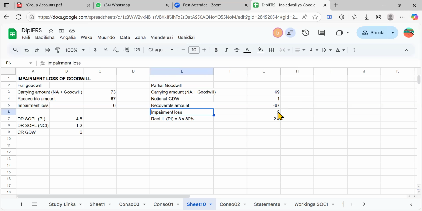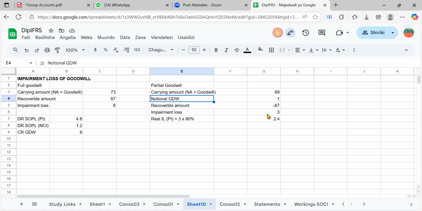But when solving, look at how we got our impairment loss. We had to involve something which was non-existent. It shouldn't have been there in the first place, but we put it. So since we put the wrong thing, we are going to correct it, and I'll show you why we did it. It's because the recoverable amount is on 100%, the carrying amount is on all 100% again, but only goodwill was on 80%. So it would not be right to compare something that is less than 100% to those with 100%. That's why we tried to inflate this goodwill, albeit temporarily, just so as to get